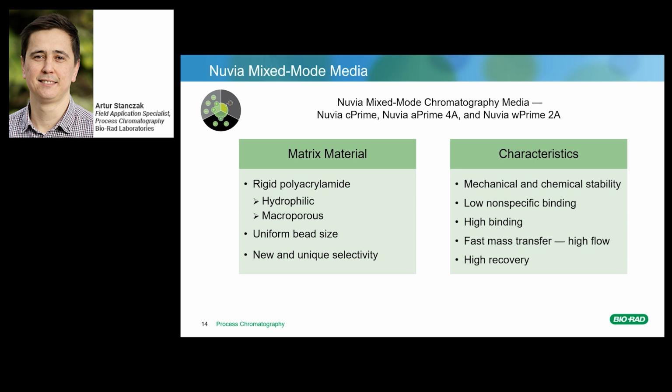Additionally, the polymer is highly hydrophilic, which minimizes non-specific binding and allows for milder elution conditions, leading to higher yields. The open pore structure supports good dynamic binding capacity, even for large biologics such as viruses. This feature is particularly critical in virus clearance studies, as it allows model viruses such as the xenotropic murine leukemia virus used in this study to bind effectively in the resin pores even at high titers. Finally, all Nuvia resins have a narrow particle size distribution, eliminating the need for fines removal and providing good pressure-flow characteristics.